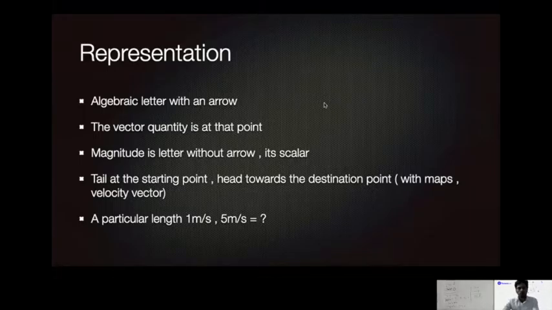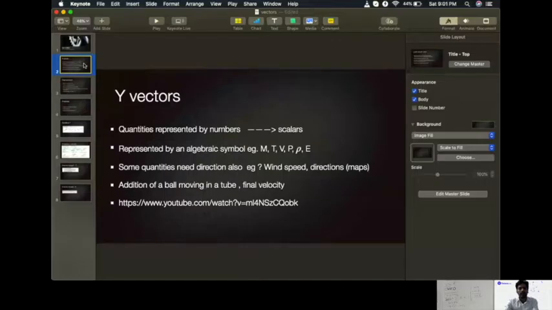So far we know that whenever I talk of a simple quantity such as a scalar, a simple physical quantity like mass, temperature, etc., I just use the algebraic notation. For mass, I have the term m. For temperature, I use T. For volume, I have V. For pressure, I have P. For density, I have rho. For energy, I have E, etc. So all these terms are basically the algebraic symbols which are sufficient to represent my scalars, right?